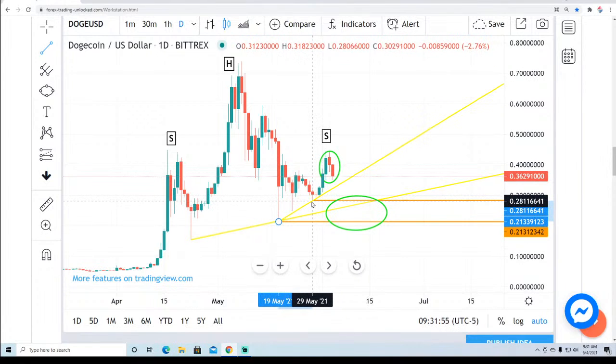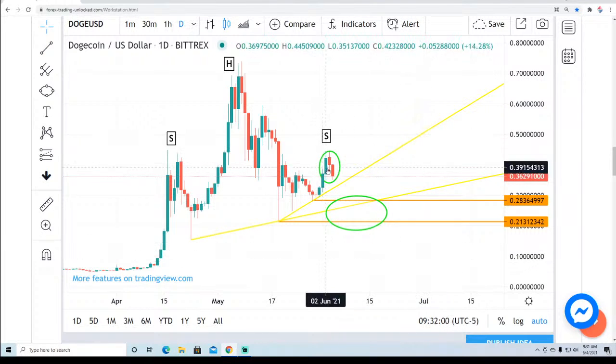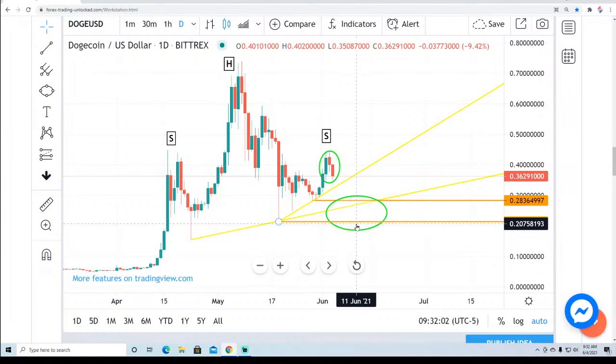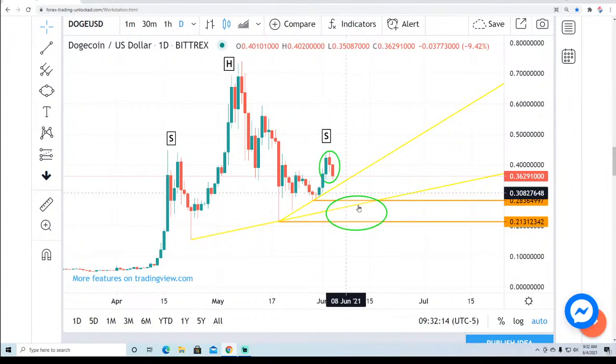For all those of you who are looking to hold this in the longer run, or for those that are looking to buy into this, should we start to fail through these areas right here, you're going to have the potential to buy this back below 20 cents. For a while, it's been like buy it at 30 and then sell it when it gets above 40 or 50 cents. That worked a couple times, and now it's been a bit of a